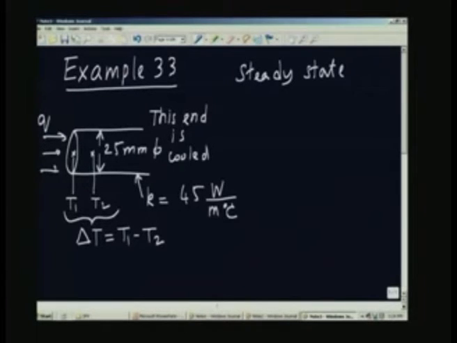Suppose the distance between these two, which we call S, is equal to 10 millimeters. That is the distance between the two thermocouples which are kept inside the material. So, a typical case would be I have got a Q of 100,000 watts per square meter.